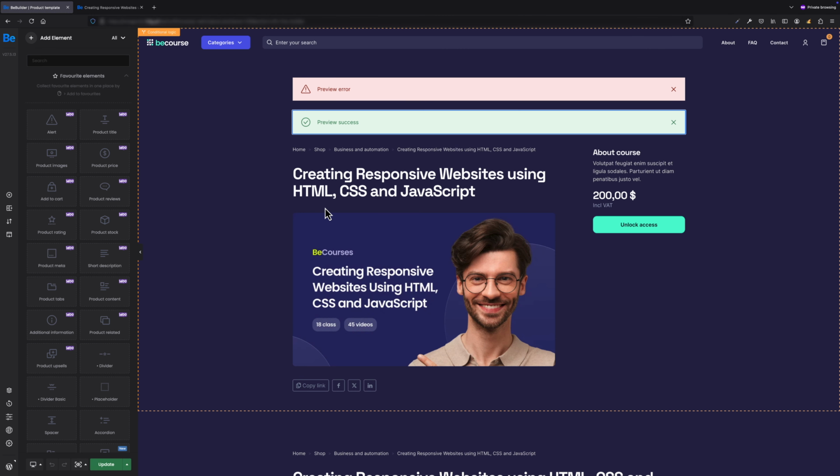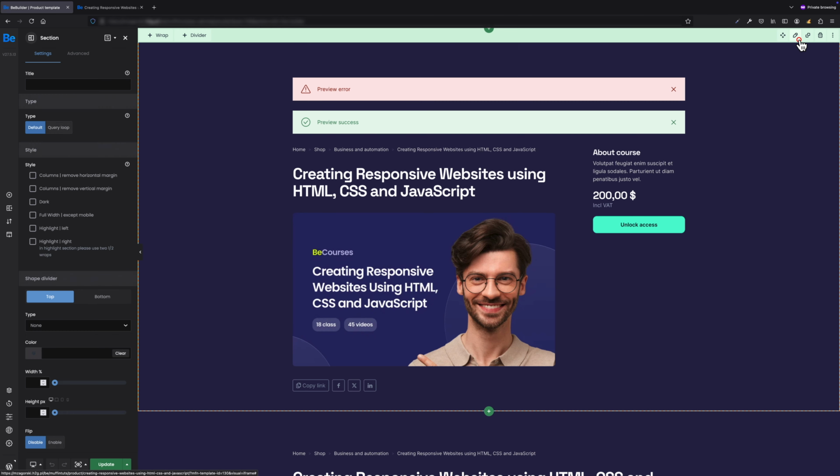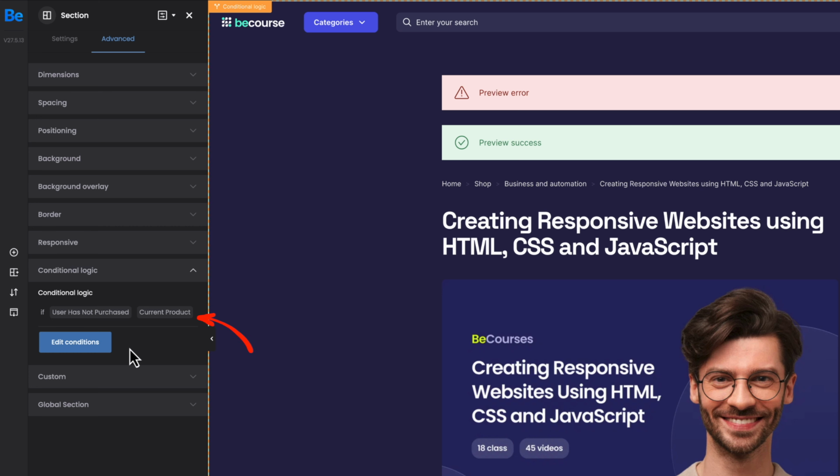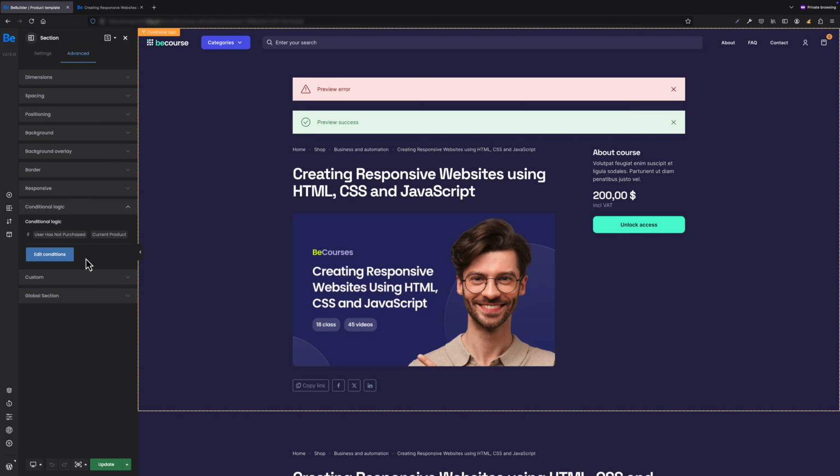The first section applies to all who didn't purchase the product yet. Here we have some elements like alert, breadcrumbs, product title, product image and a few others. What interests us the most is the advanced conditional logic option for that section. As you can see, it says if user has not purchased the current product. This means nothing but that the section will be visible only to anyone who didn't purchase the product yet. Let's scroll to the next